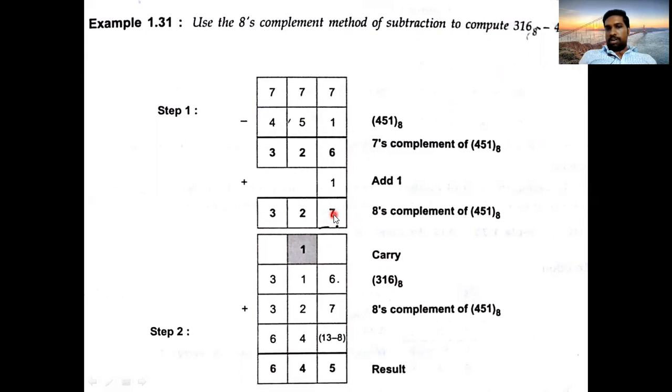Now you have the value of the 8's complement and you have the value of A. So add these two, 316 plus 327. And you know how to perform octal addition. 7 plus 6 is 13. 13 is not in the range of octal. Subtract 8, you will get 5. 5 is in the range of octal. As I am subtracting 8 here, I will get 1 carry. Now add this 1 plus 1, 2, 2 plus 2, 4. So the answer is 4. 4 is in the range of octal. Next, 3 plus 3, 6. 6 is also in the range of octal. So no problem. The answer is 645 base 8.